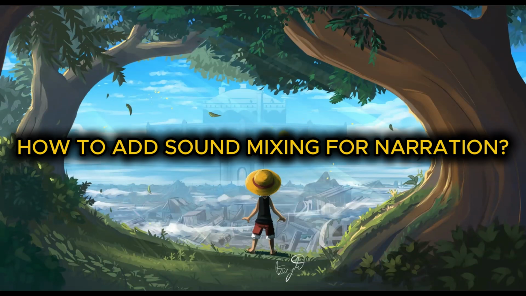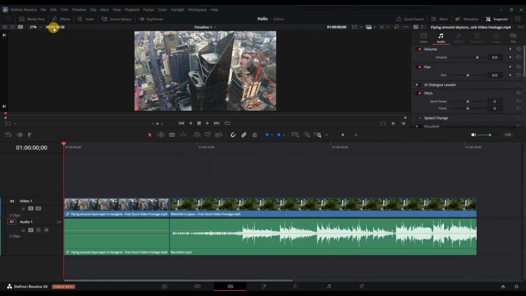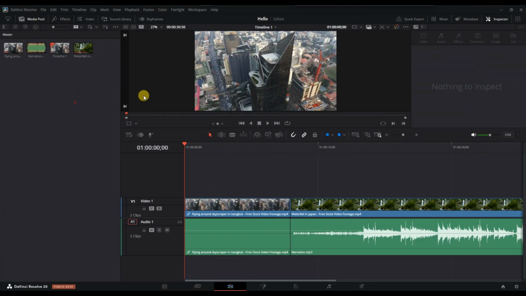How to add sound mixing for narration in DaVinci Resolve. First of all, import your video and audio files into the media pool and drag them onto the timeline. Make sure your narration audio track is separate from your main video's audio track to have full control over the